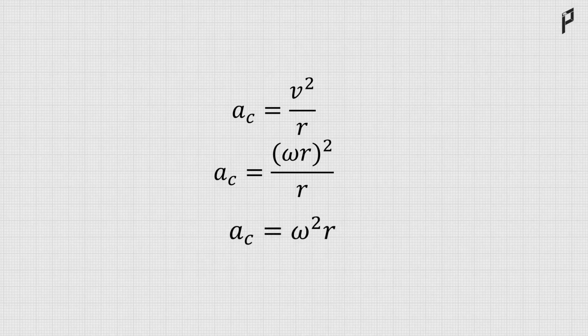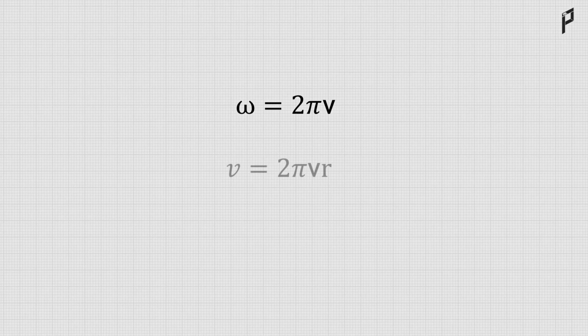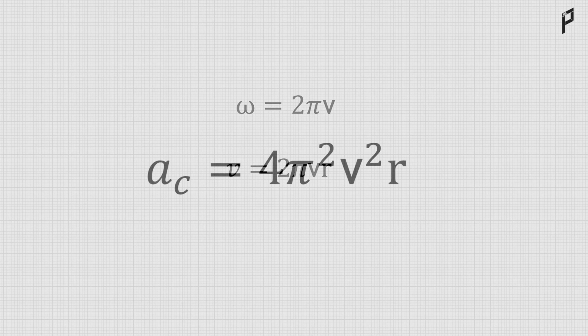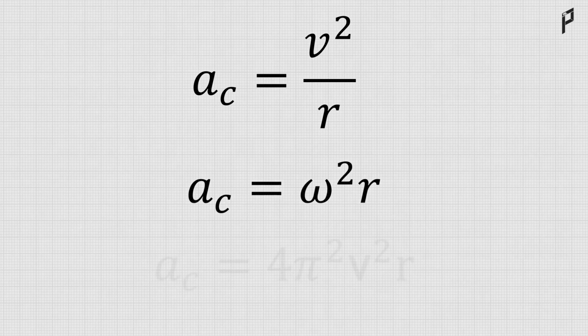So when in rotational motion, the centripetal acceleration is represented by omega square r. Now, if you don't know the angular velocity of a particular object in circular motion, you just know the frequency. You know that omega is equal to 2 pi nu. Therefore, v is equal to 2 pi r nu. Hence, the centripetal acceleration would be equal to 4 pi square nu square r. So now you know the centripetal acceleration in terms of linear velocity, you know in terms of angular velocity, and you know in terms of the frequency. Now using this, you can solve all the problems related to uniform circular motion.